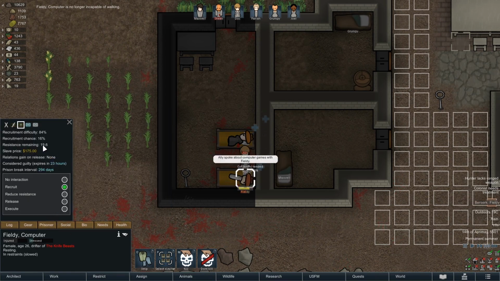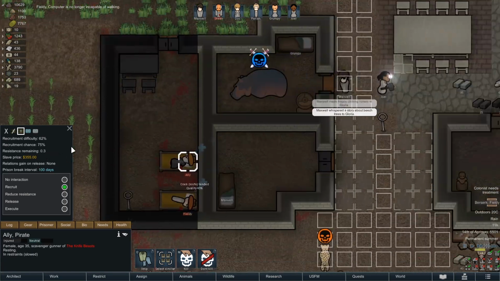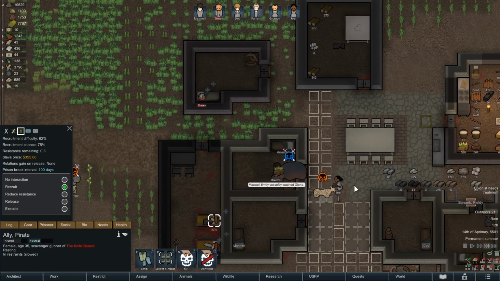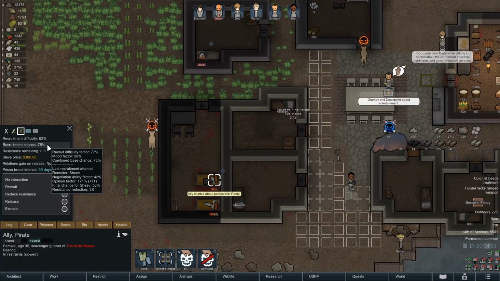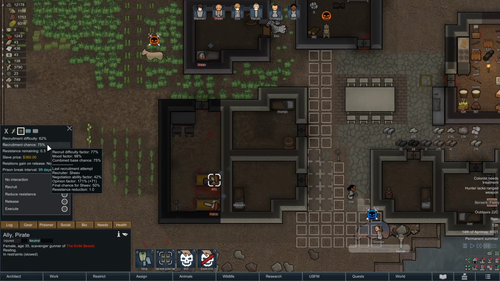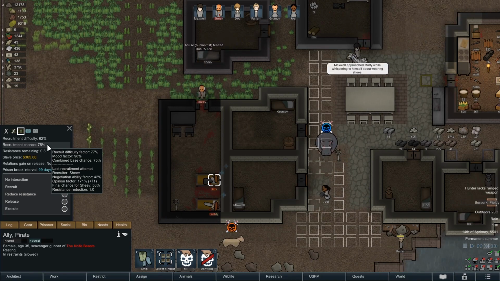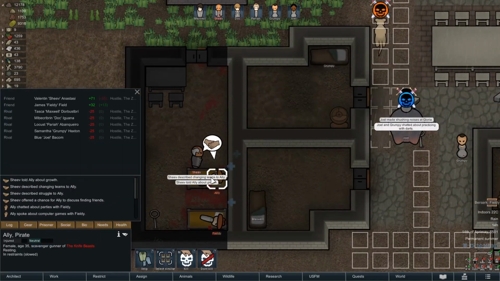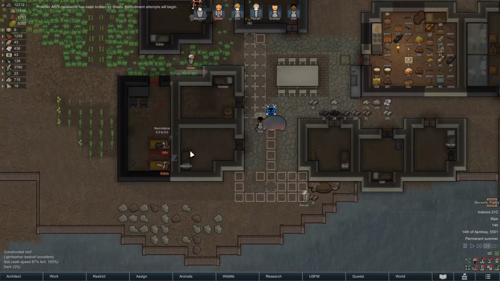Now, taking a look at their prisoner levels, we are at 19 resistance with Fieldy, and basically done with Ali, which is fantastic, which means that probably by the end of the next episode, we are going to have her as part of the colony. I'm super excited about that. She does have a very high recruitment chance, which is excellent. She's got a high mood. She has a very, very good relationship with Sheev. It is at 70 plus 71, which is as good as it's gonna get, guys. I think after this interaction, boom, resistance is broken, and she's gonna be part of the crew in the next one,